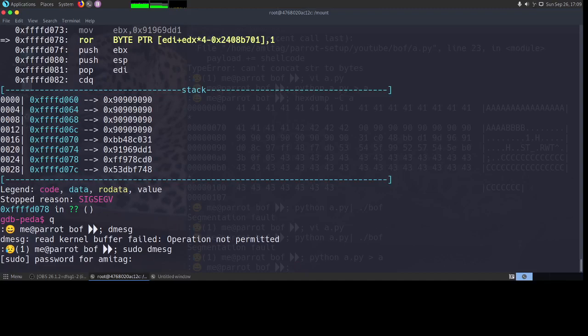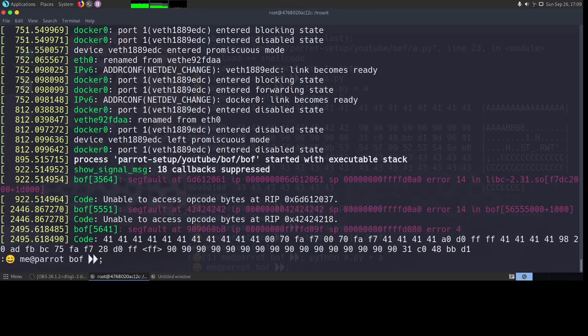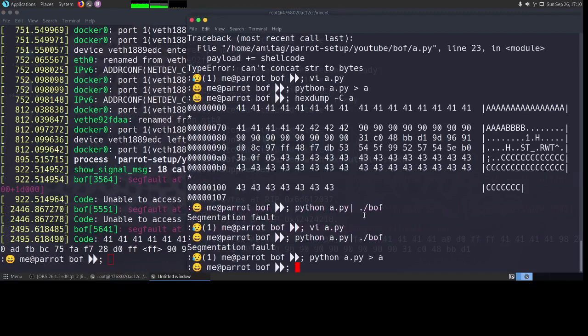If you run dmesg, then it will show you the segmentation fault that has happened. You can actually get this from your core dump as well. If you enable core dump and then use that, that also will work. But if you look at dmesg, this is what we have got just now, and we can see that it is seg faulting at some place where the EIP was D09F.